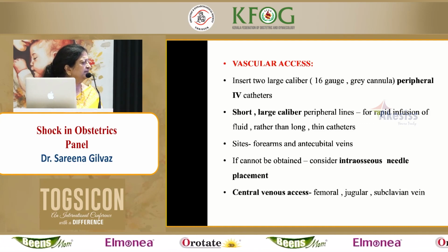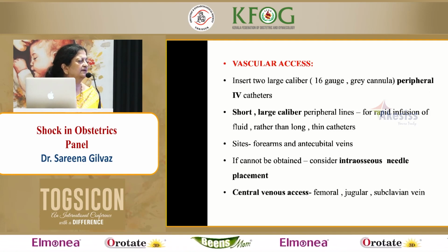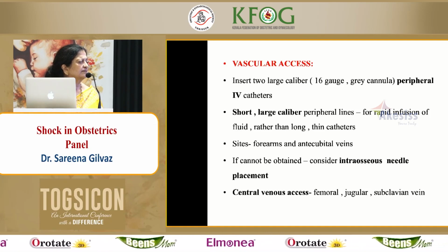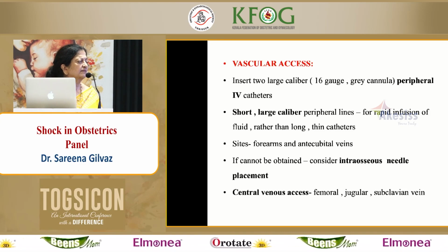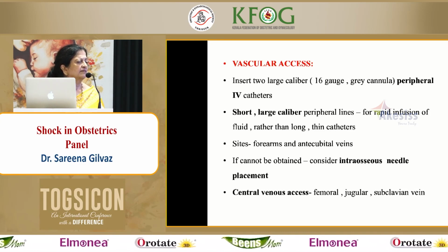Again, I would add, I also put an arterial line. Wide bore cannulas, arterial line suffices most of the major things. Central line may not be immediately essential at this juncture if you don't have the expertise, if you don't have the ultrasound guidance. But importantly, have 2 large bore cannulas and at least put an arterial line,